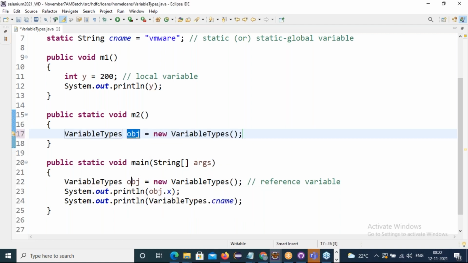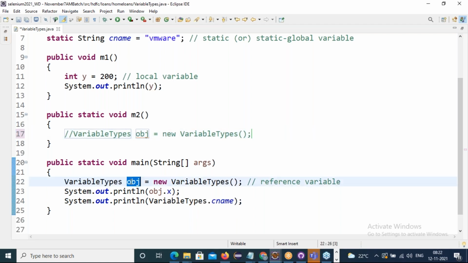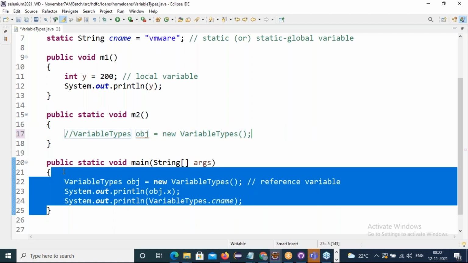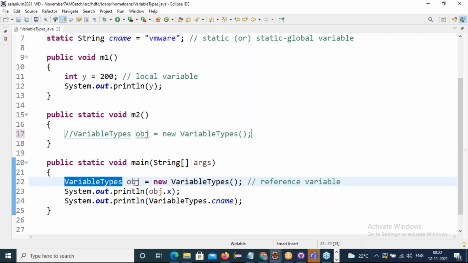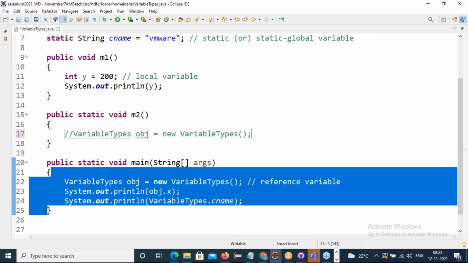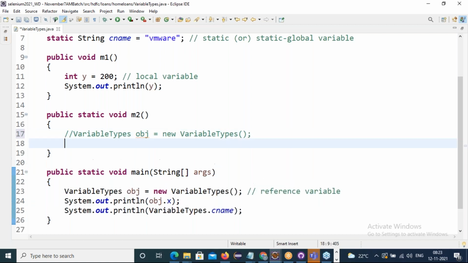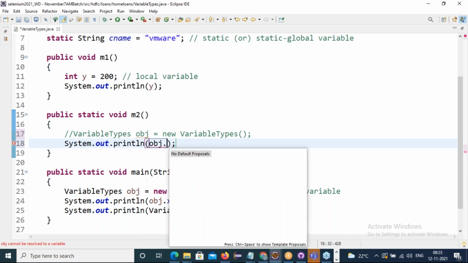So friends, don't say this reference we can use here. See, if I try to use this class reference here, can it be used? No, because this class reference was created inside this method, so it can be used only within this method. See, if you want, I can show you. This obj dot, is anything coming?